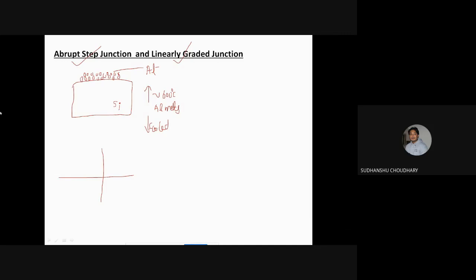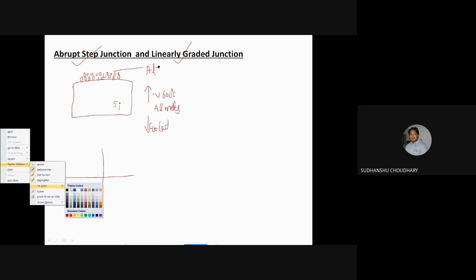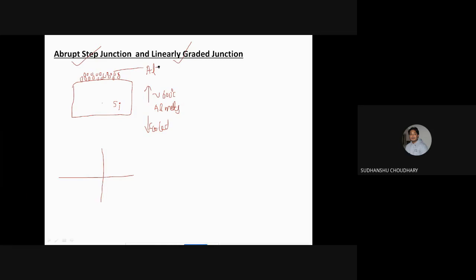Yeah, so aluminum, as I said, is a p-type impurity, or an acceptor impurity. And let us consider that the semiconductor we have is n-type. So that is how a p-n junction will be formed. This is the p-type impurity, and the semiconductor beneath is n-type, and we want to create a p-n junction.